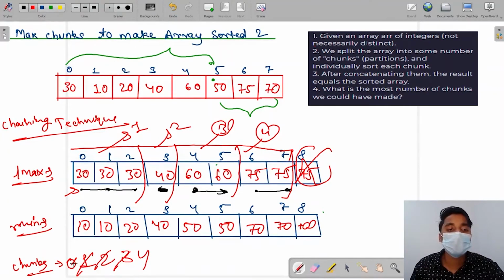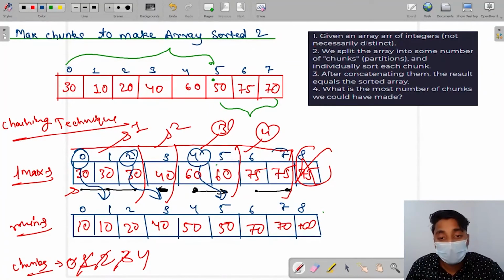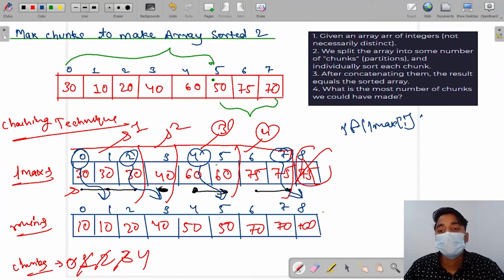Now when we are increasing the number of chunks, when we are at 0, we are checking for the rmin at index plus 1. When we are at 2, we are checking for rmin index plus 1. When we are at 4, we are checking for rmin index plus 1. And when we are at 7, we are checking for rmin index plus 1. So this means we need to check if the Lmax at I is smaller than rmin at I plus 1. We are checking for the next index to find the range.